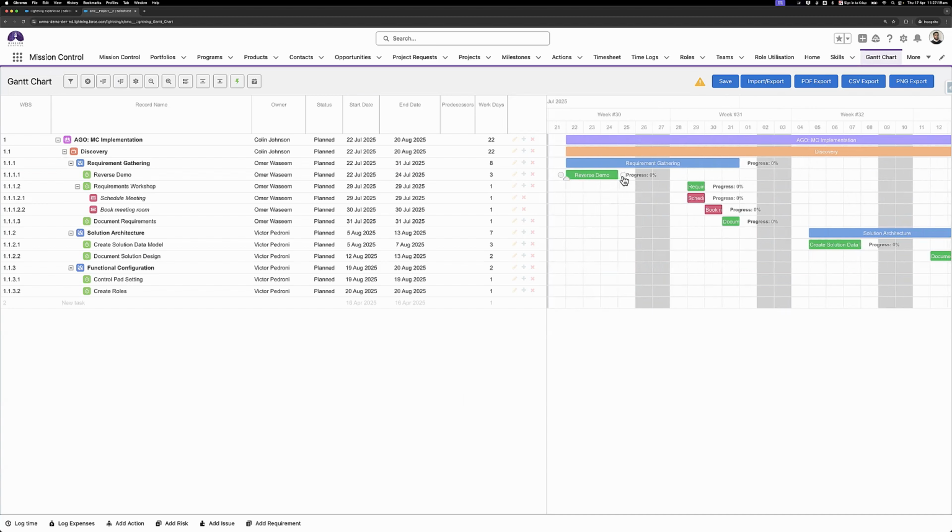So you can start by using the drag and drop functionality on the right-hand side. When I hover over a record, I see these two circles appear. I can drag from that point onto another record to initiate a dependency. Now I started at the end of this action and I connected it to the start of the second